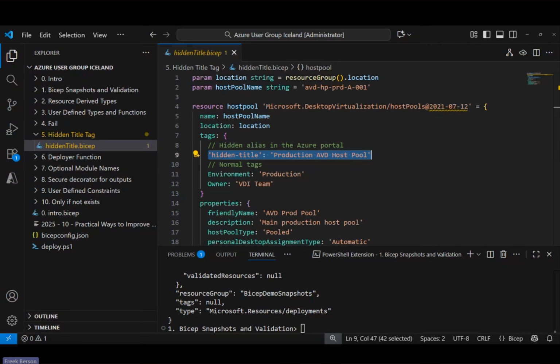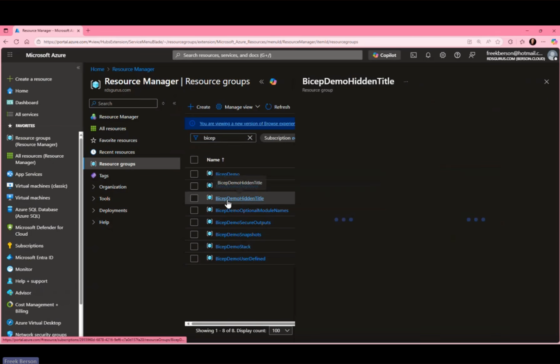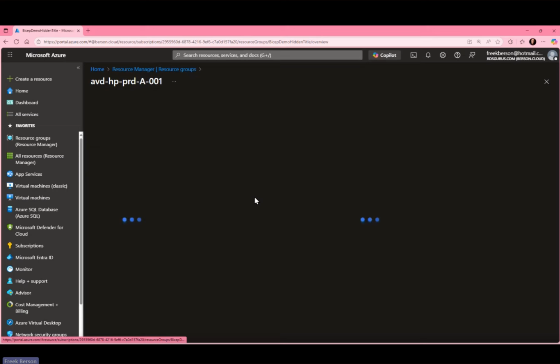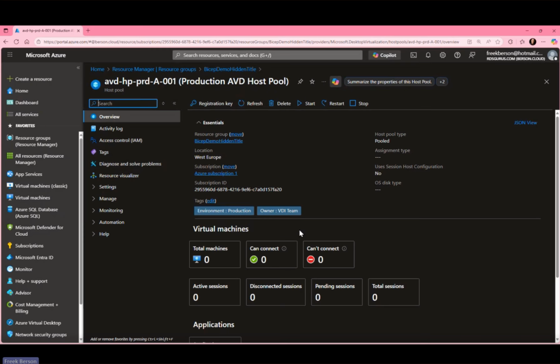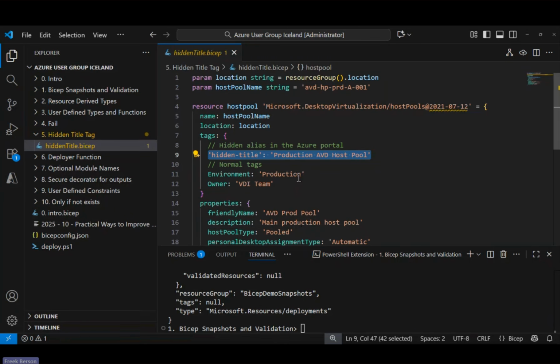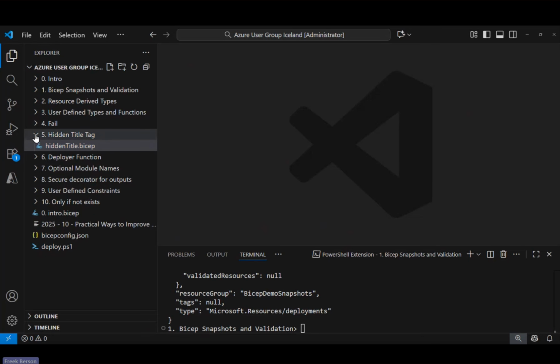But let me switch to the Azure portal and actually show you. So I have the resource right here. And if I open up the resource, this is what you'll see. So you have this descriptive name, which is probably due to our coding standards and compliancy. But I can now also add this additional name to it as well, which is more user-friendly, which actually tells us what it is without having to change the name of the resource. So that's a great way to use that hidden title tag to provide additional information like that. It's a great little feature in the Bicep language.